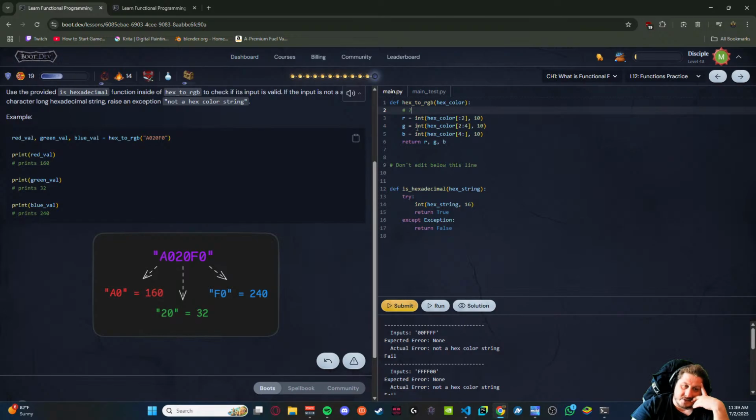If hex color is hexadecimal, does that even make sense? So the input would be that. So okay, if hex color is hexadecimal, you're gonna do, this doesn't make sense, this doesn't make sense.